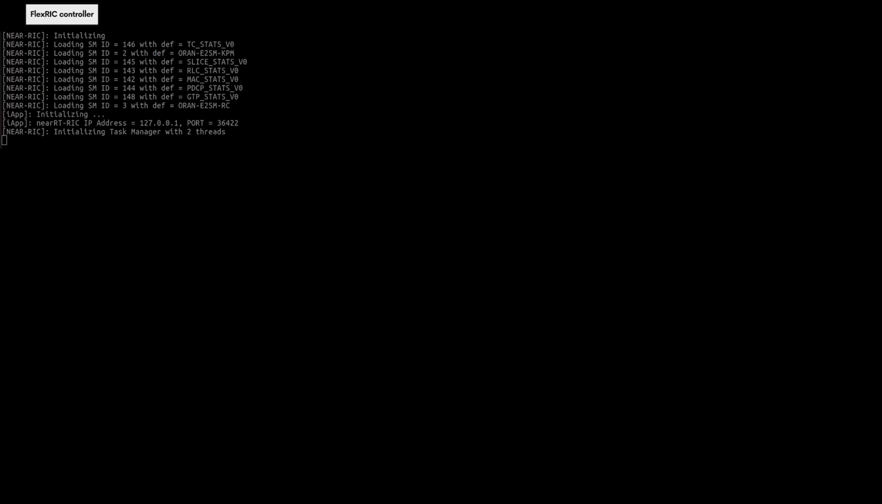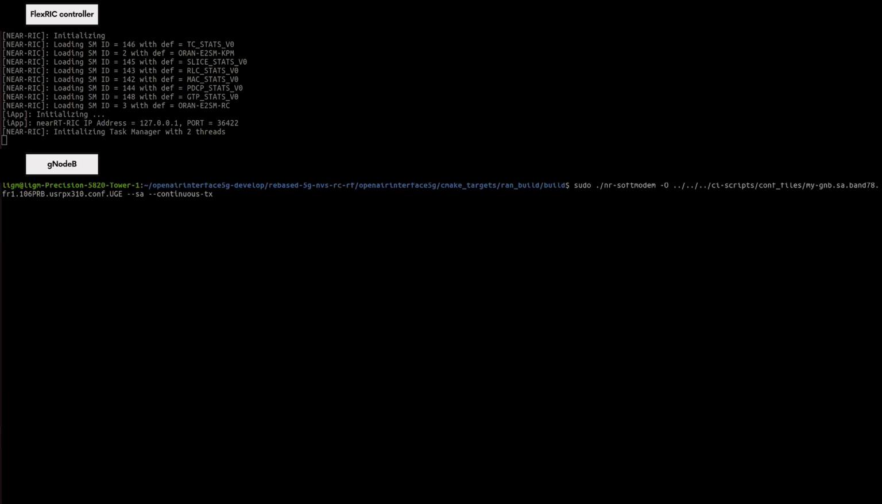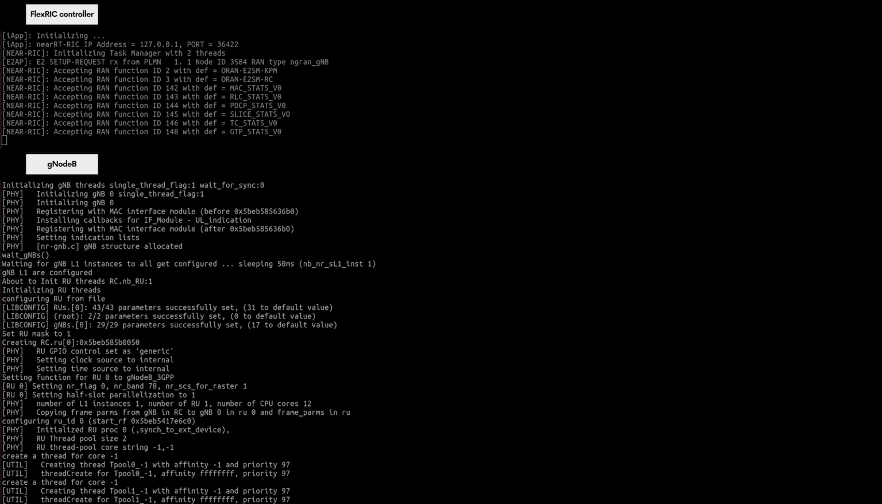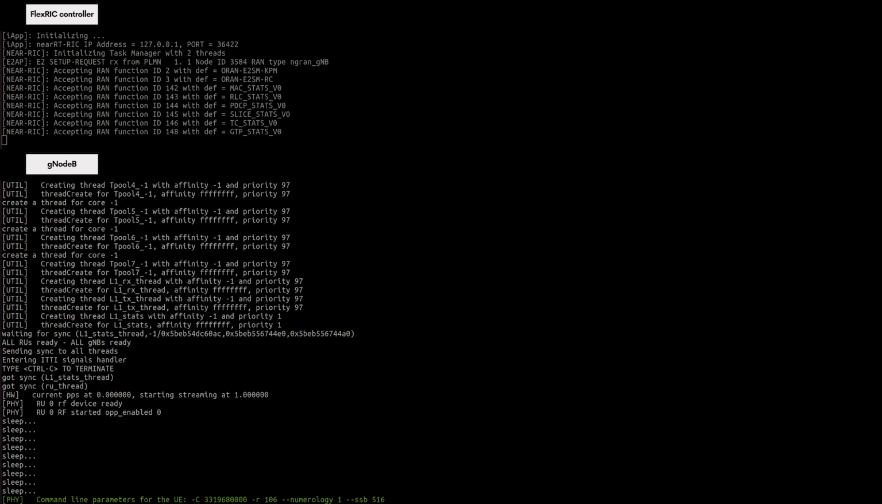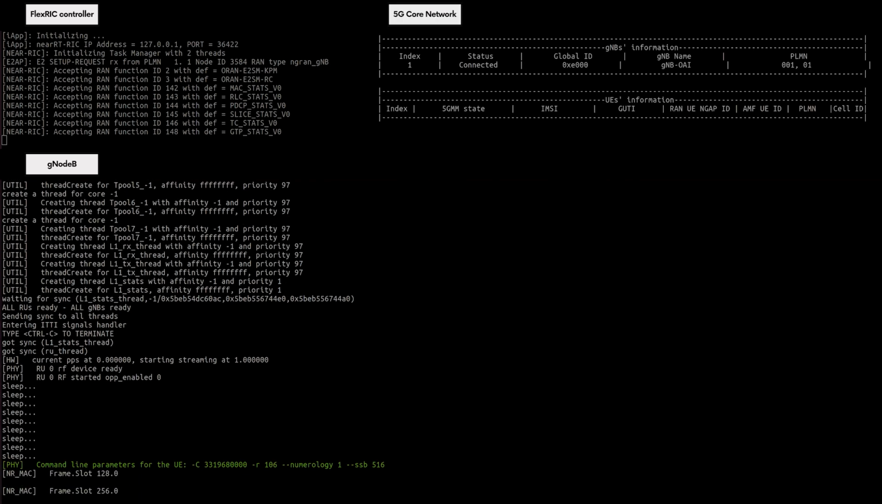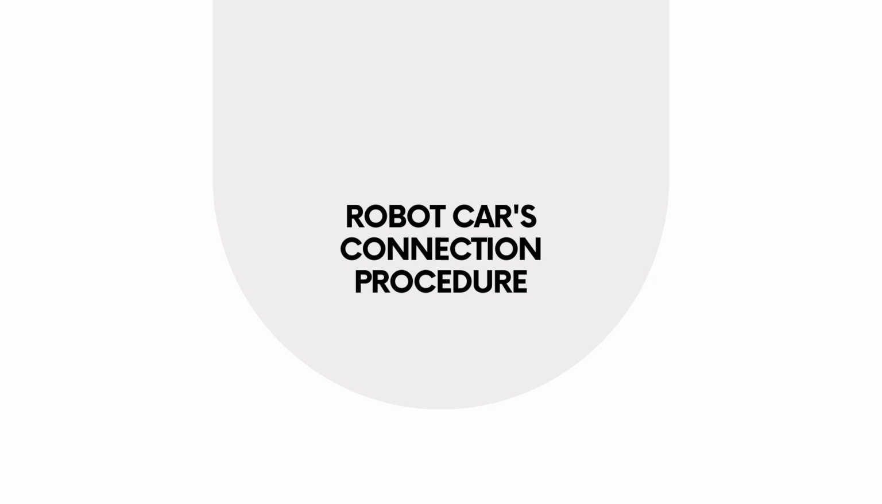In the following step, we launch the FlexRIC controller and the gNodeB, which are located in a separate machine, but in the same local network. Once the gNodeB is connected, it's immediately recognized by FlexRIC and the core. Once we have all RAN and core elements up and running, we proceed to the connection of each one of